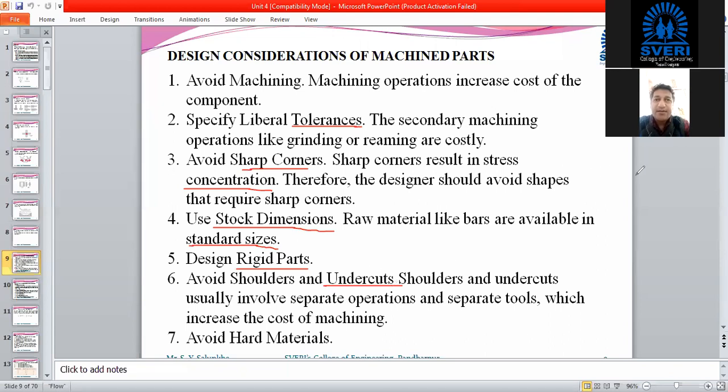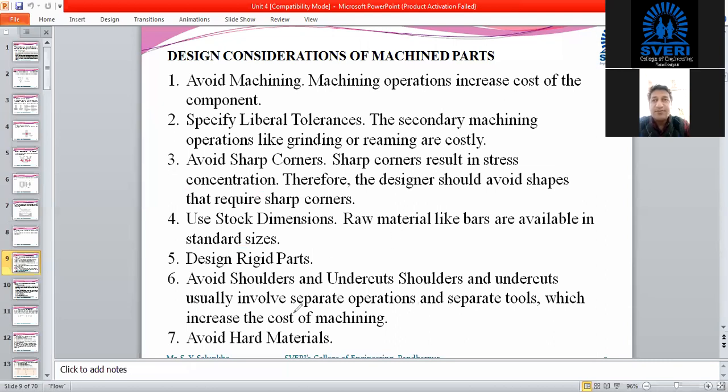Then the components which require separate operations and separate tools, that we have to avoid, in one operation only, if it is possible to achieve that particular shape, or required functional shape for the component, that can be chosen, that will be better.